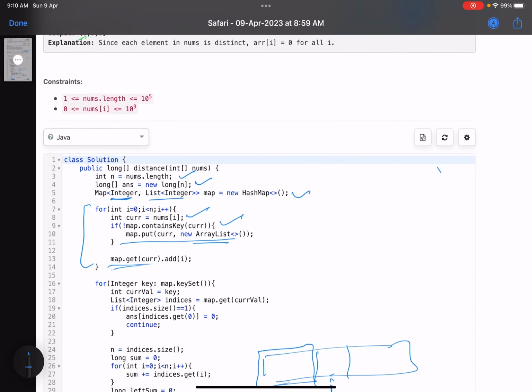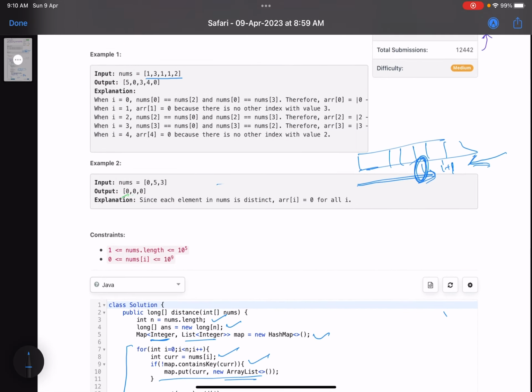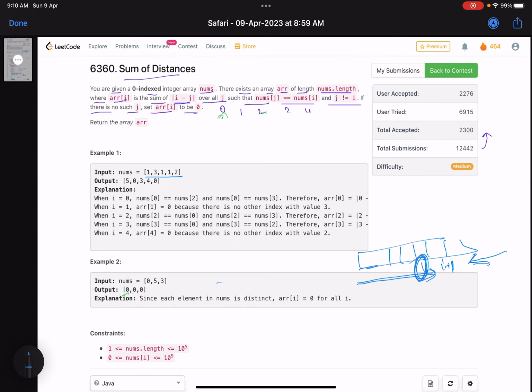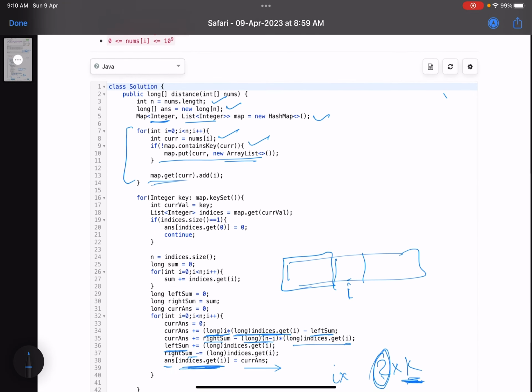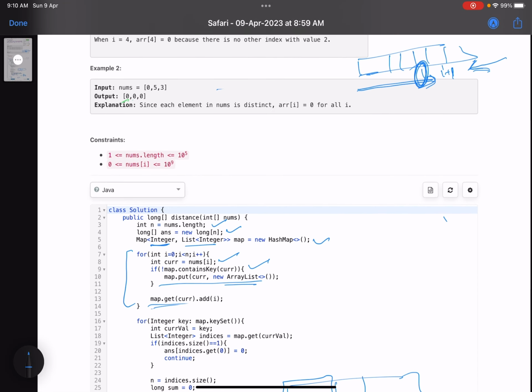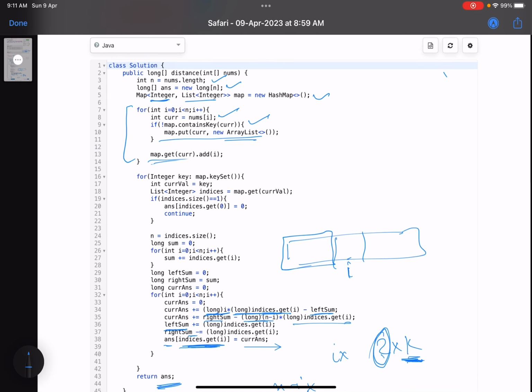So to be very honest, this was a very good question, I would say. Not an easy one. You must be familiar with these types of questions, and it is totally based on observation. The first thing that you have to look at is that the constraints are high, so a brute force approach is not going to work here, right? So that means I have to pass some information from one index to the other. That's the trick here. Okay, so generally these types of techniques are known as carry forward. Okay, you can probably study more about this by just googling it. This is known as carry forward. Okay, passing some information that I already have.